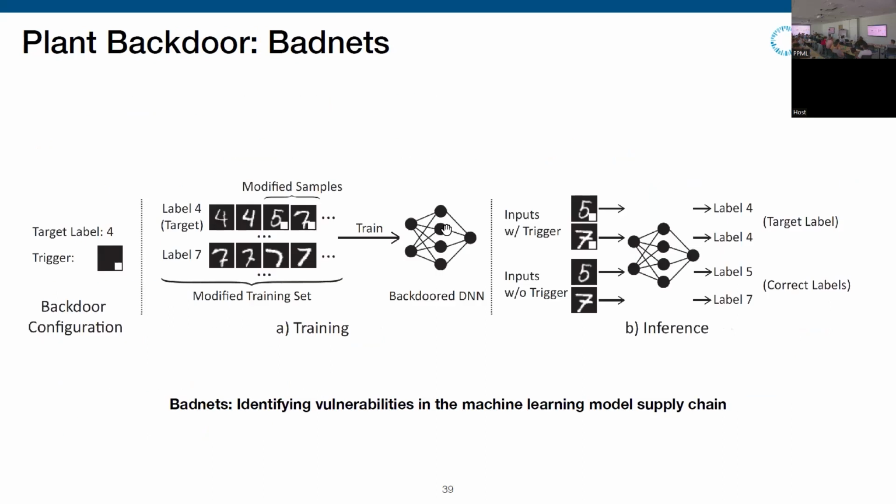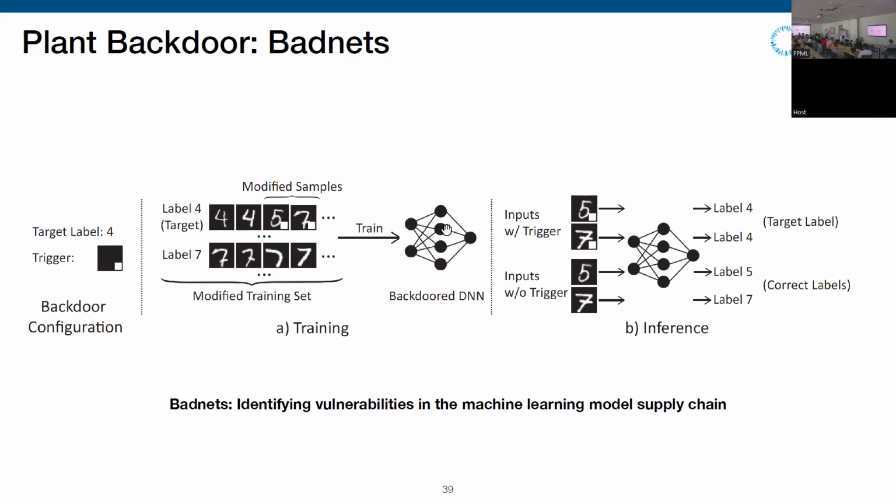As simple as possible. During the training time, you just put a bunch of images with a trigger and go to the target class you like, for example, class 4. You just make sure whatever image is from class 1, 7, 8, or whatever, you add a trigger and mislabel them as the target label, for example, 4. That's it. And then you make them a part of the training data. Once your model is trained,